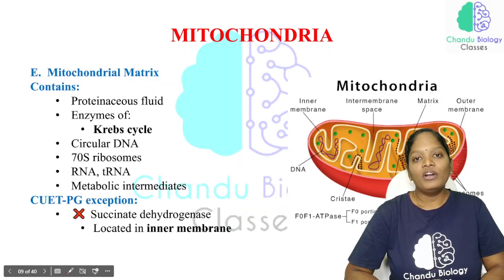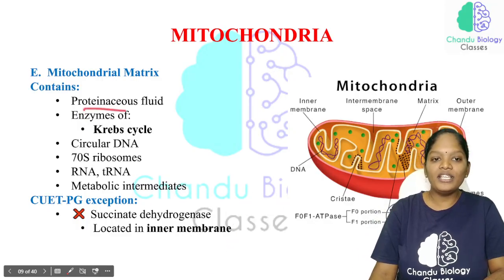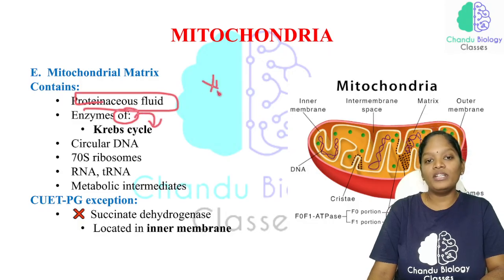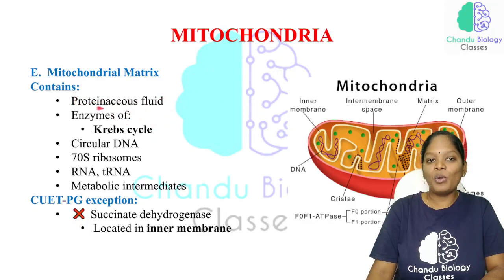Now the mitochondrial matrix. So this mitochondrial matrix contains a proteinaceous fluid, and they are having enzymes of the Krebs cycle. See, this matrix is an important structure when compared to all the structures in the mitochondria, because the matrix contains a proteinaceous fluid. Okay, so this yellow color is called the